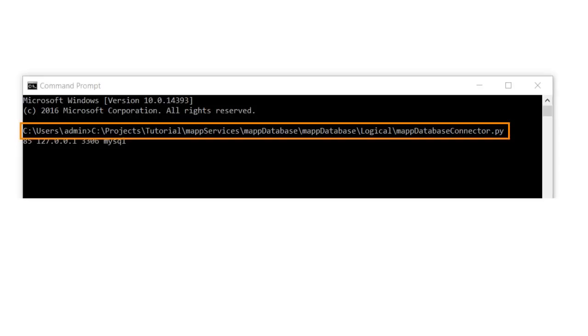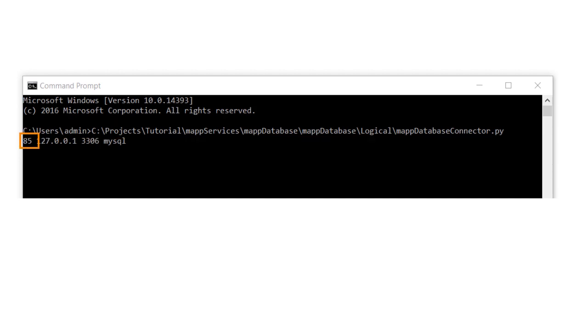In the command console, the path of the saved script and the name of the script are specified. Then comes the port number used by the HTTP server. Any available port can be specified. This will be used to communicate with Map Database. Next, enter the IP address of the PC where the database is running and the port number of the database. In most cases, the database is located on the same PC where the script is executed.